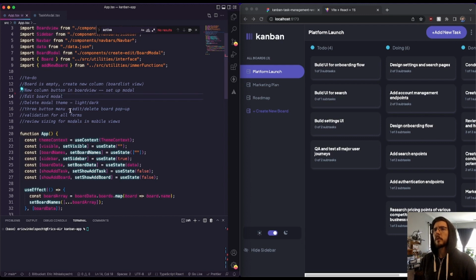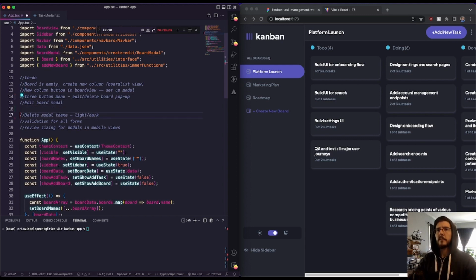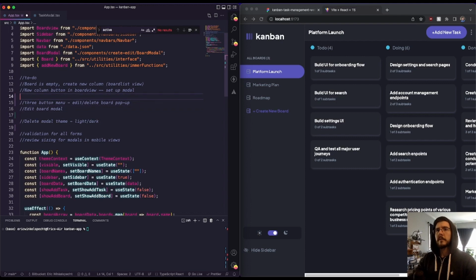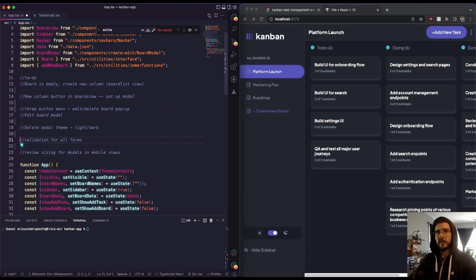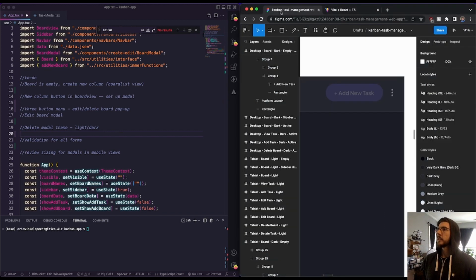Which goes along with this 3-button menu, right? So we've got a number of tasks here. Those are the things that I really got to do, split out into task and kind of subtask thing. But be on the board modal. So let's work on that. If we look in here,